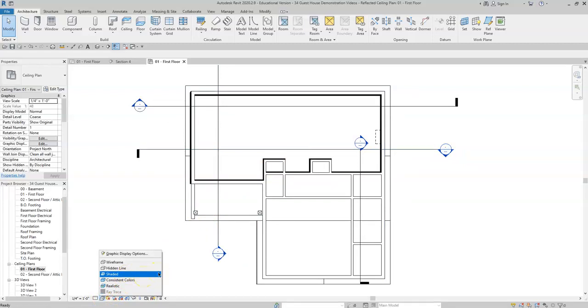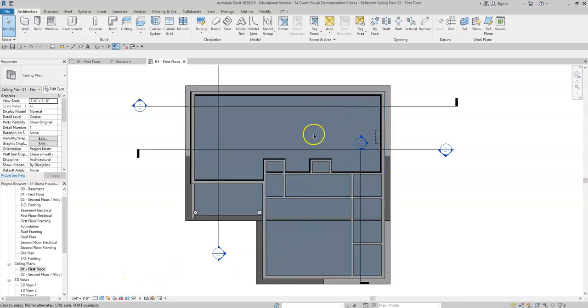I believe it's around 7.5 feet above the floor, rather than 4 feet, which is what a floor plan is cut at. If we turn on shaded, we'll see some coloring. It's not really going to do much. And we'll go ahead and insert the ceiling. We'll go to the ceiling button, which is on the architecture tab,